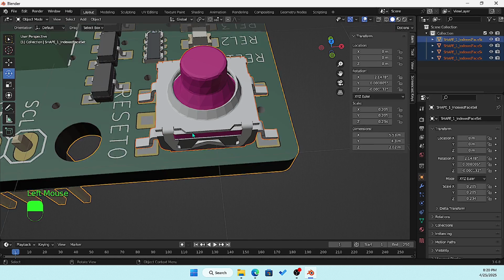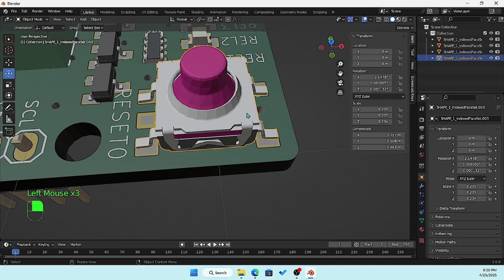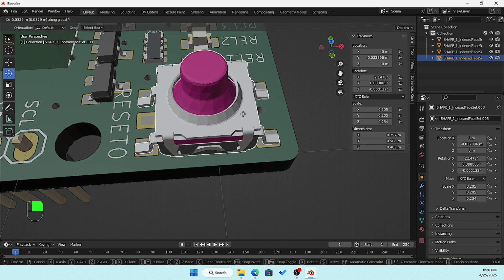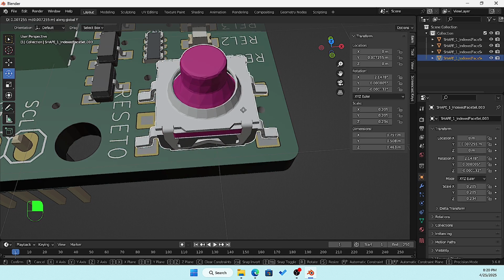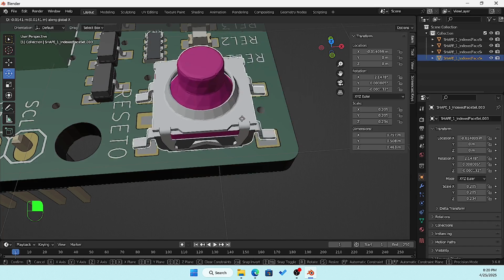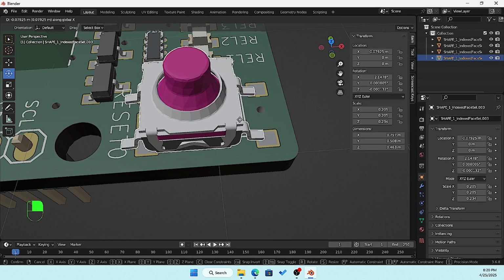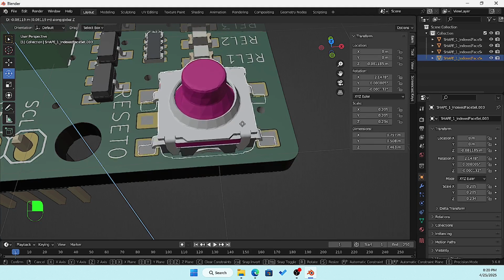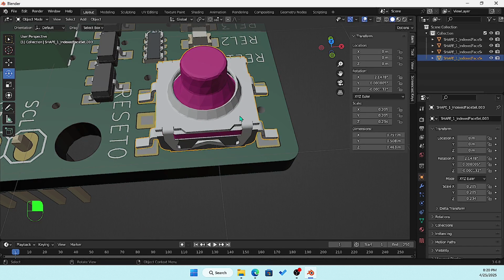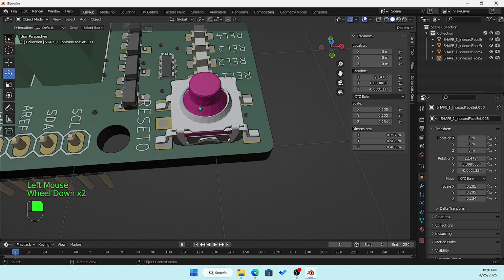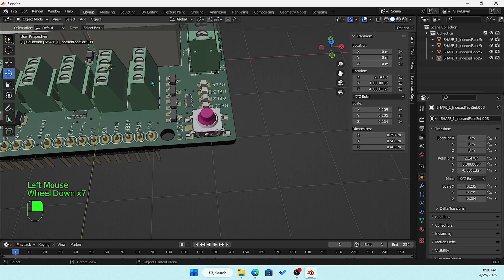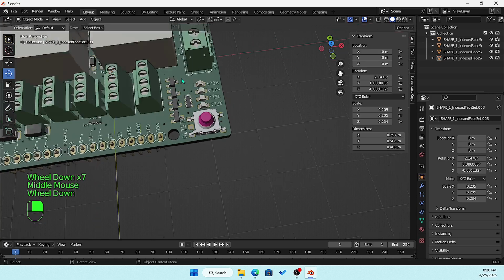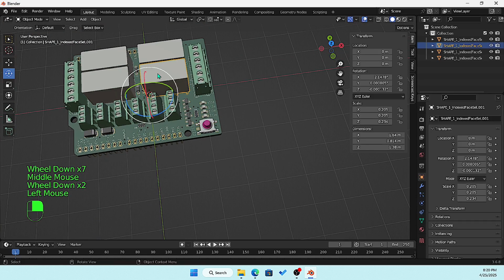I'm gonna select object mode. Then I'm just gonna select this object and say J, and then move in the Y direction. Okay, so move in the X direction and move in the Z direction. Okay, so it looks like everything there. Then I'm gonna hit escape. All right, so I gotta do one by one, break it down,